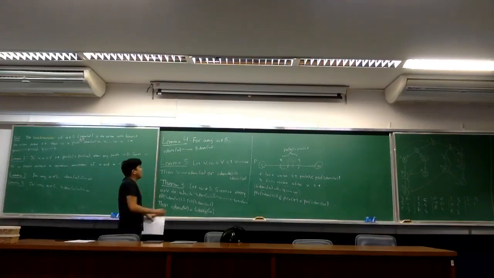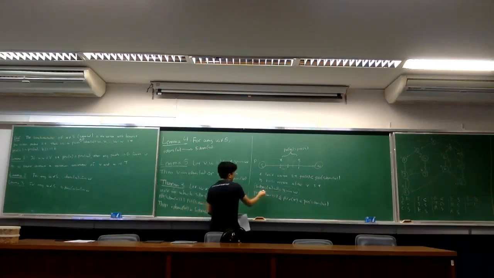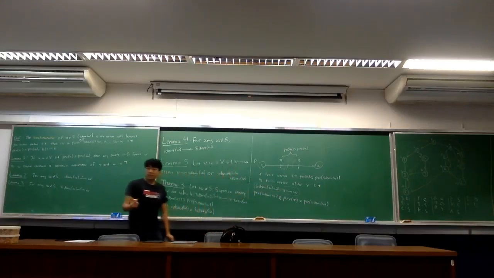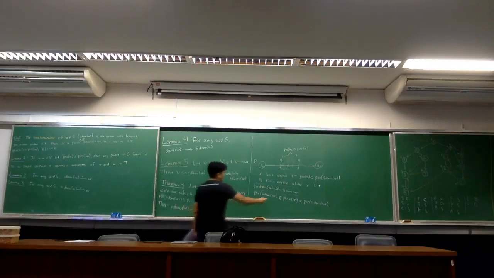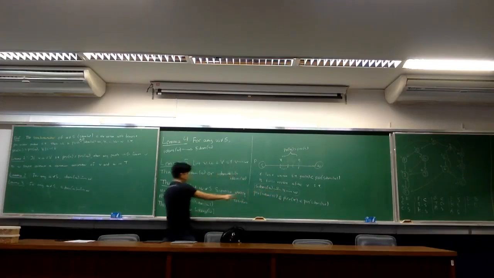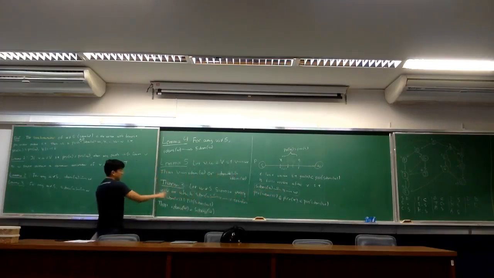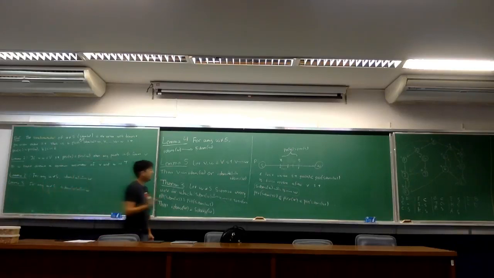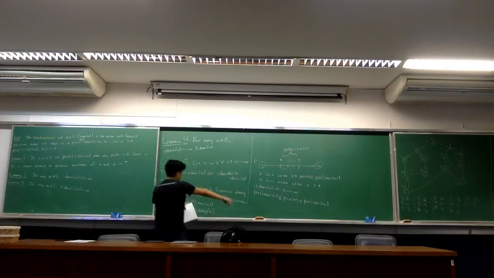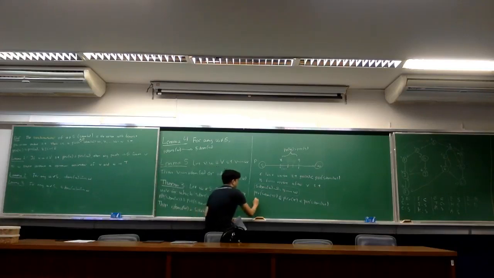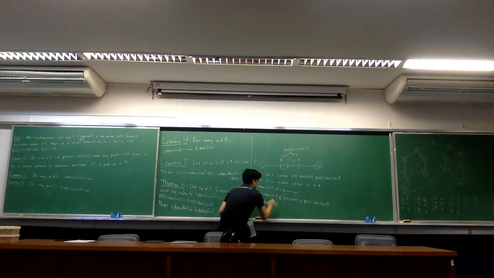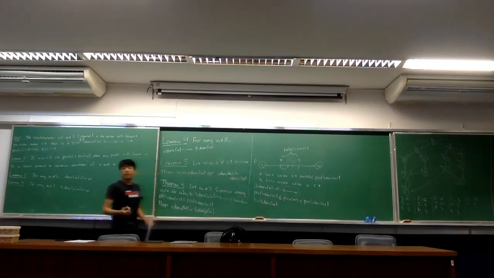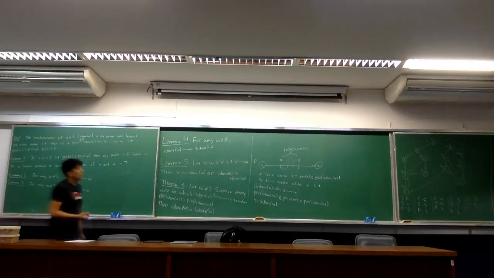So the only way to satisfy these two things at the same time is if Y is actually the semi-dominator of W. Otherwise, if Y were a proper descendant of W, then Y would satisfy this condition, but it would not satisfy this one. Okay? So what we get from these two is that Y being the semi-dominator of W is the only possible case.